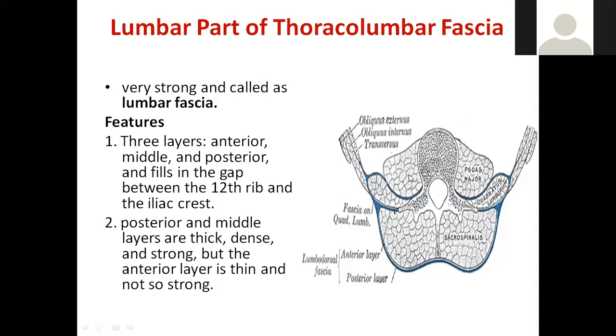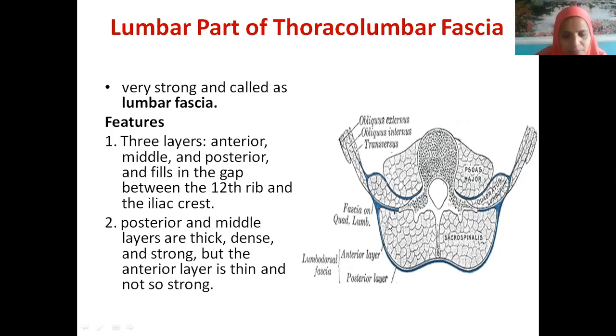Now, are you finding certain muscles here? Attached to the body of the lumbar vertebra we have psoas major. Attached to the tip of the transverse process we have quadratus lumborum. On either side of the vertebral spine, deeper aspect, we have erector spinae. Erector spinae will have many components. The component named here is sacrospinalis. This we will discuss when we do the muscles of the back later, not so much required now. You find 3 muscles, one behind the other. First is psoas major, middle is quadratus lumborum, and the posterior most is the erector spinae.